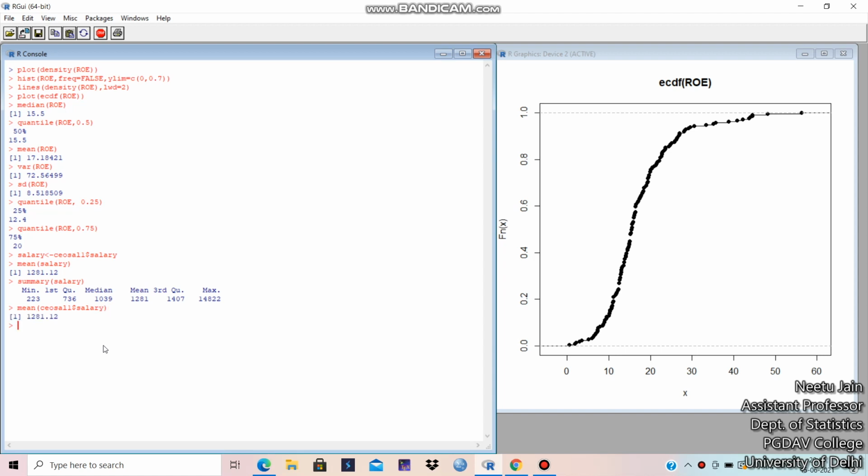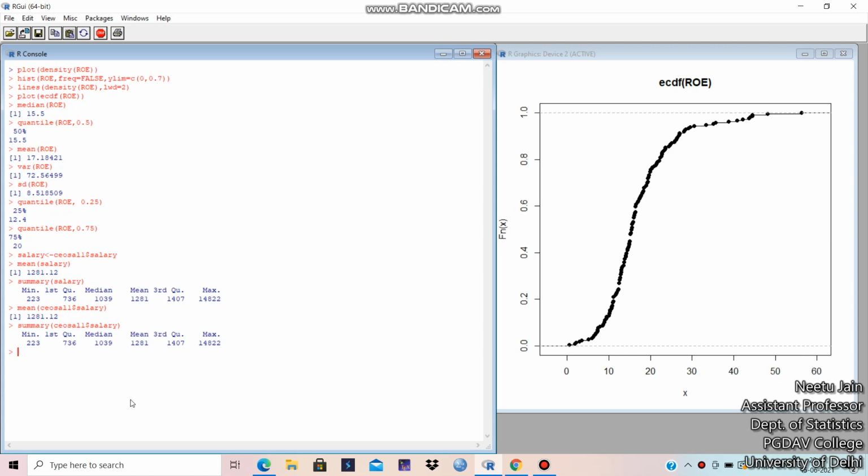See, it is the same thing. Here I gave the variable name, here I didn't. Similarly you can cross check summary CO cell 1 $ salary. The results are the same. So whether you give the variable name or not, it is up to you. It is for your convenience.